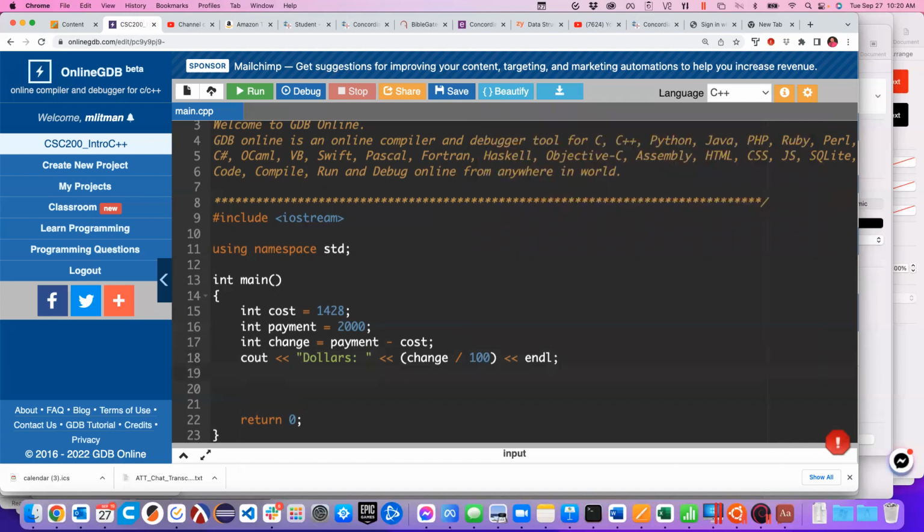Now that I've printed out the number of dollars, I need to adjust my change to be less than it used to be. So I'm going to set change equal to... I need to whittle change down to, ultimately in this case, 72 cents. So change is going to be equal to whatever change is currently equal to, which is the 572 in our current example,